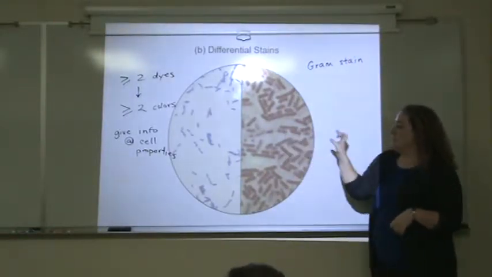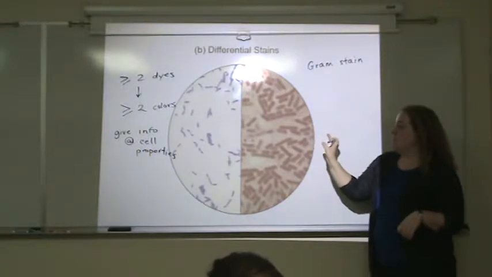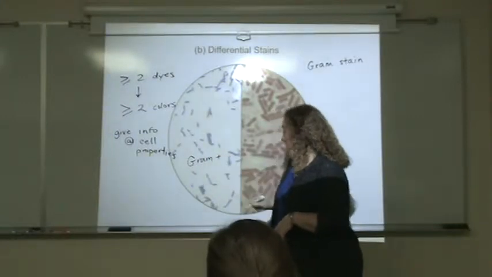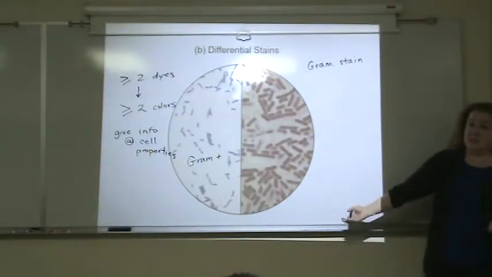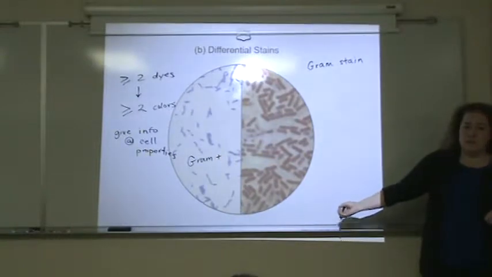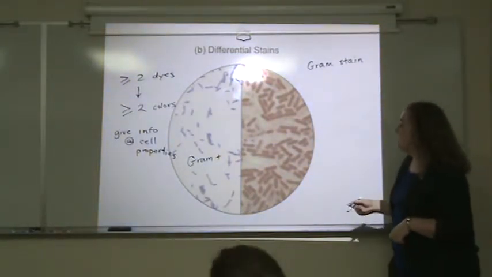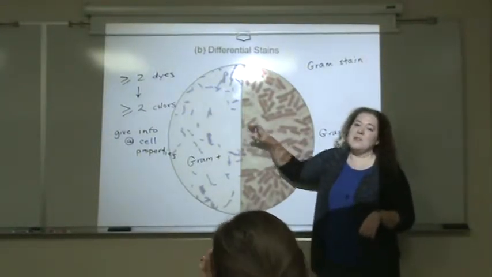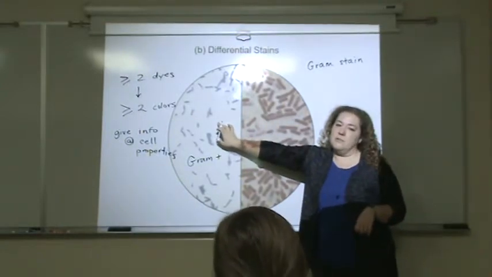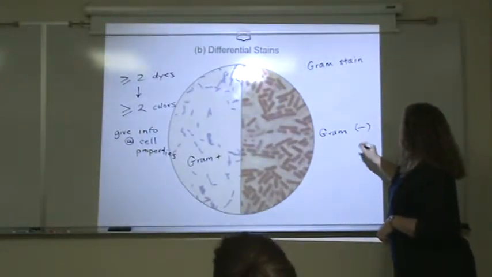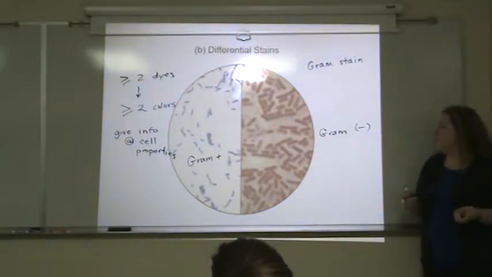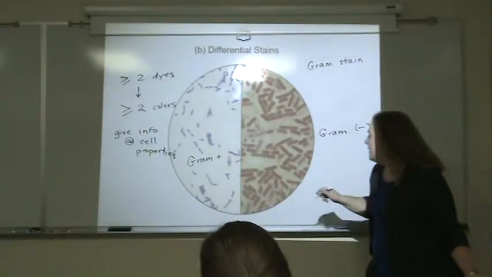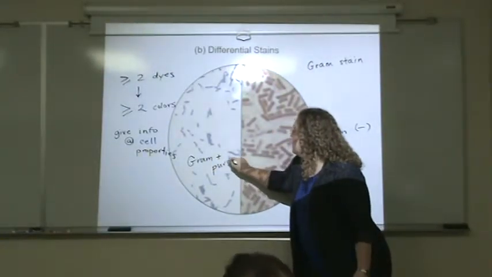And this is an example of gram stains on two different cell types. This type of cell is considered gram positive because it comes out purple in this stain. And there are structural reasons for that we'll go into later. But both of these cell types went through the same staining process. These came out red, these came out purple. And that helps us classify them gram positive, gram negative. And I'd like you to memorize the colors for gram positive, gram negative. Gram positive is purple,